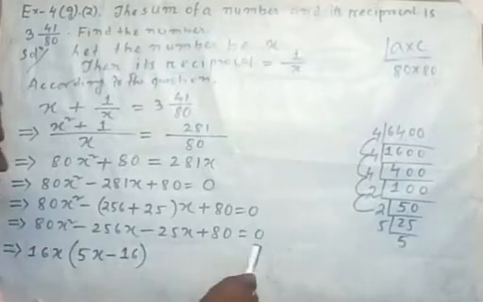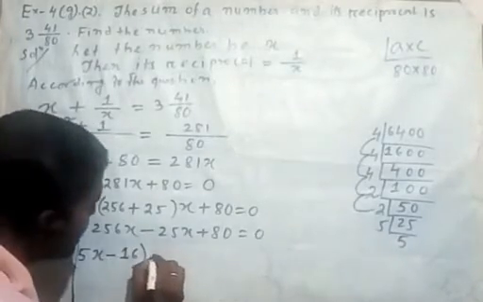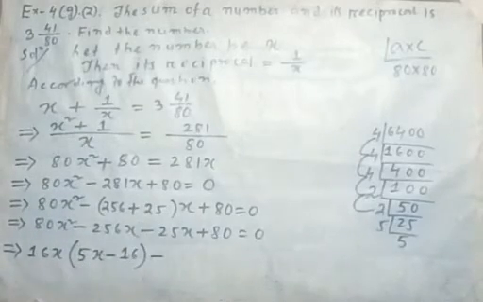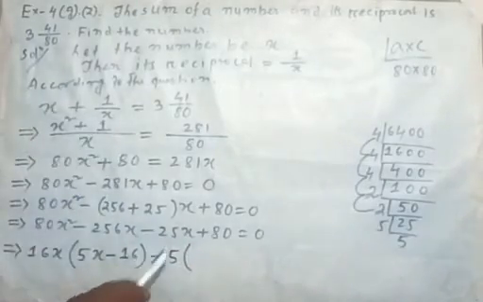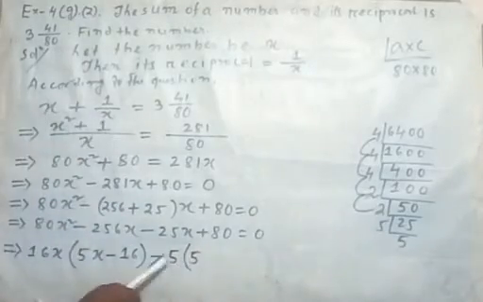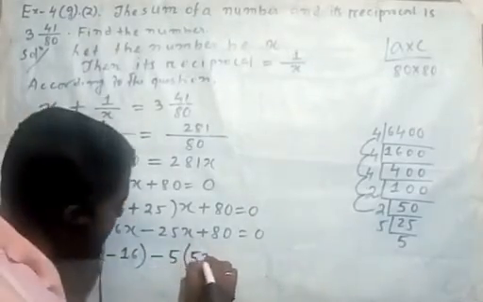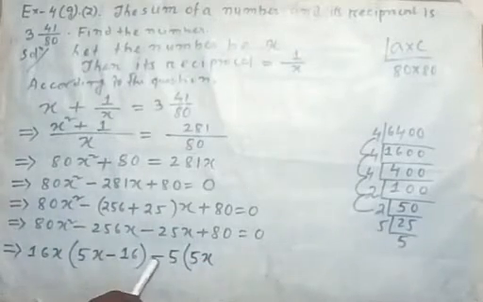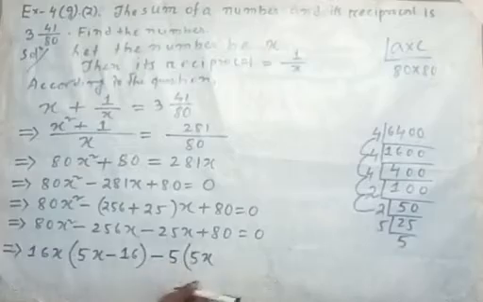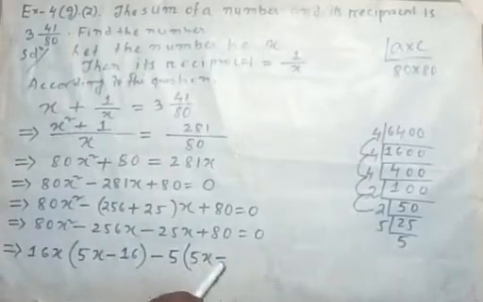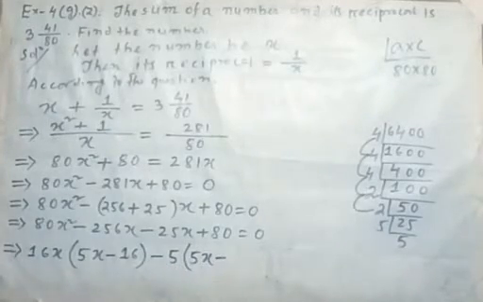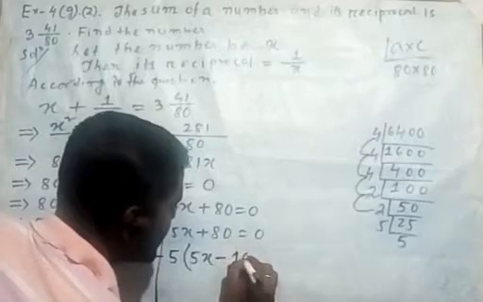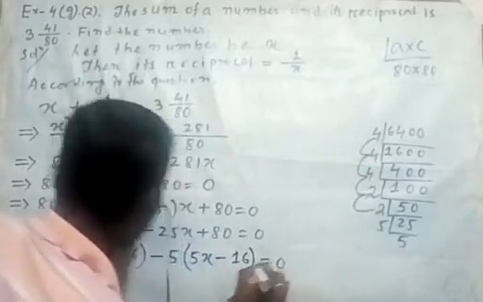Then you go to the second portion. Minus, for this minus 25 and 80, we can take common 5. Then what is remaining? 25, 5 taken, 5 is remaining. 5 into 5, 25. Then x is remaining. So x. Then since we have taken minus common, inside the bracket it should be minus. So minus and minus, that's why it will be plus 80. From 80 we have taken 5 common. How much remains? 16. This is equal to 0.